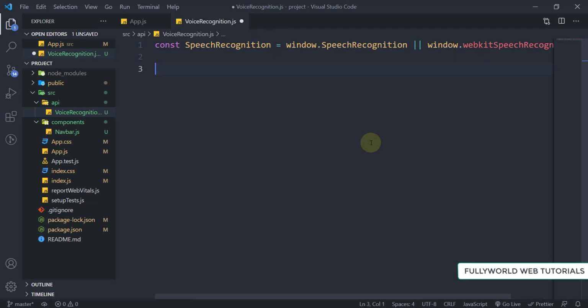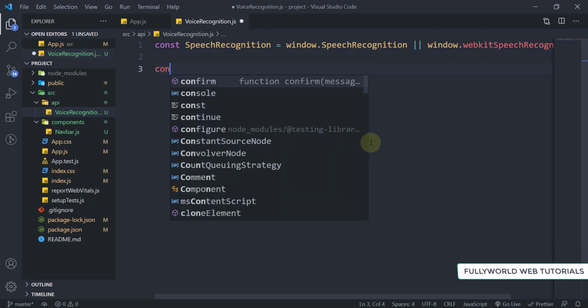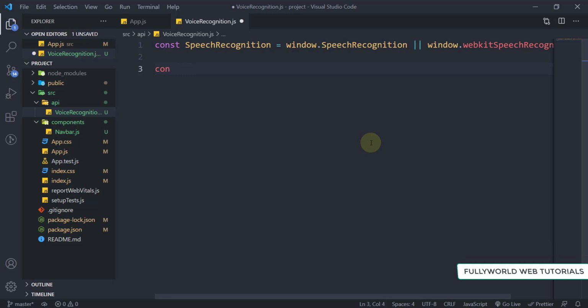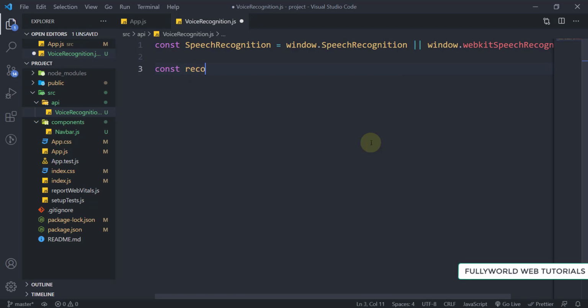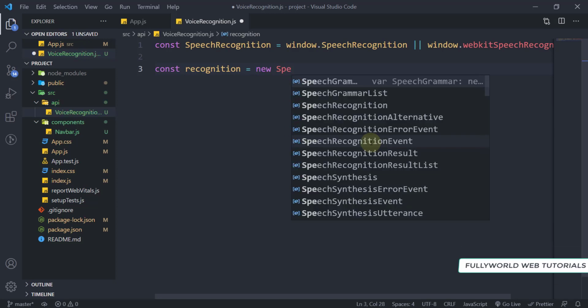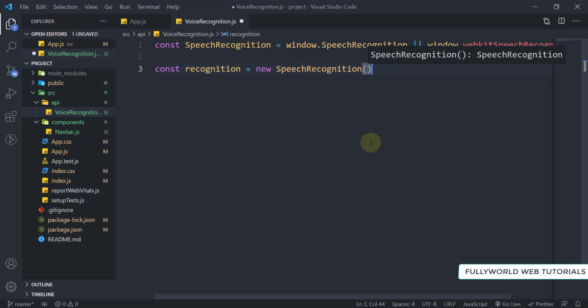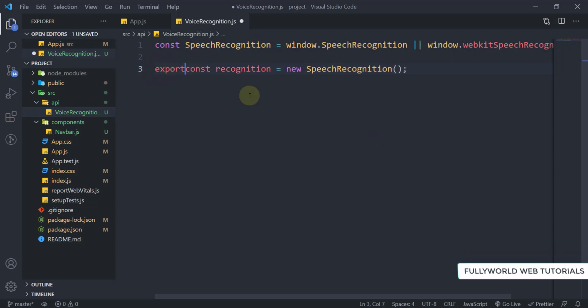Now let's create our object here. I'm going to first create a constant here that will be our recognition, and here we will create a new object of the SpeechRecognition that we created here, and here I'm going to export this. Export const recognition.